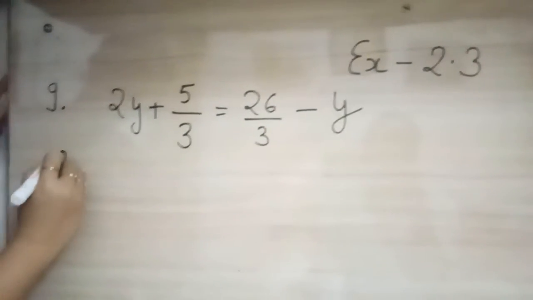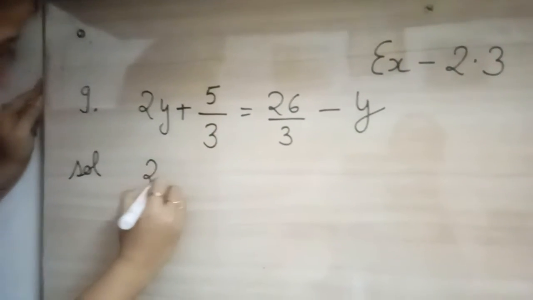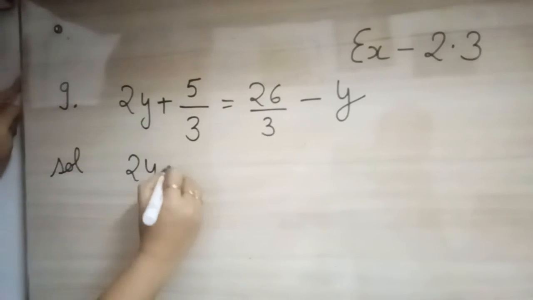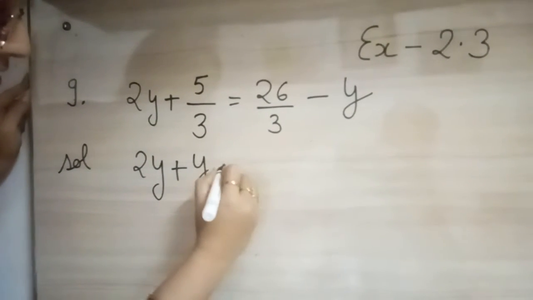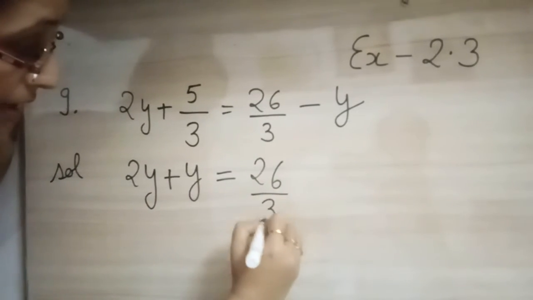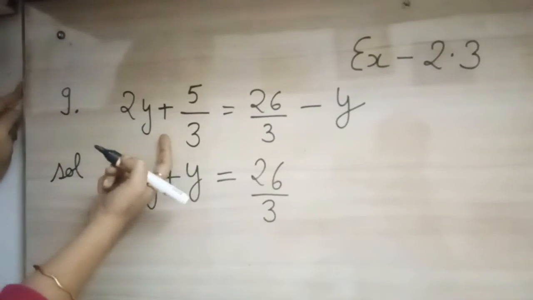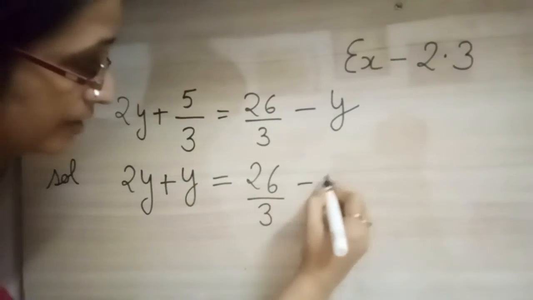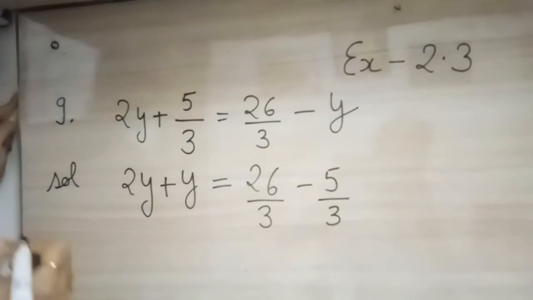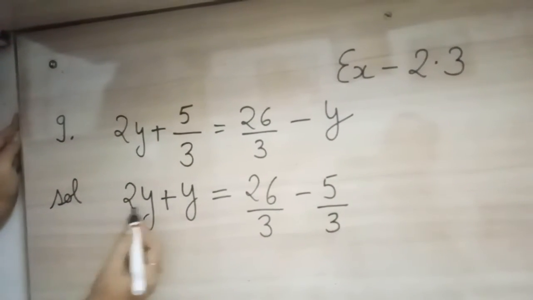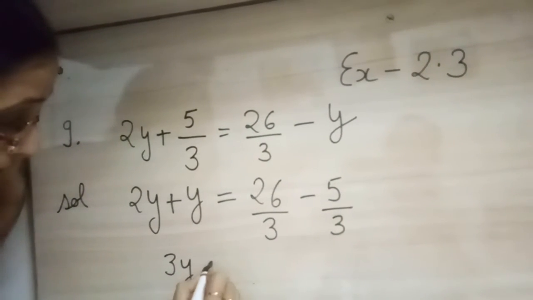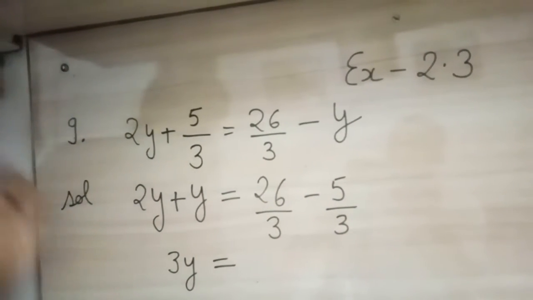So solution, we will start here. 2y, here it is in minus, when we transpose it, it will become plus, the sign will change, always remember that. 26 by 3, here it is in plus, so you will take it to that side, so it will become 5 by 3. Okay, now you can add directly, so it will become 3y is equal to, now here it's